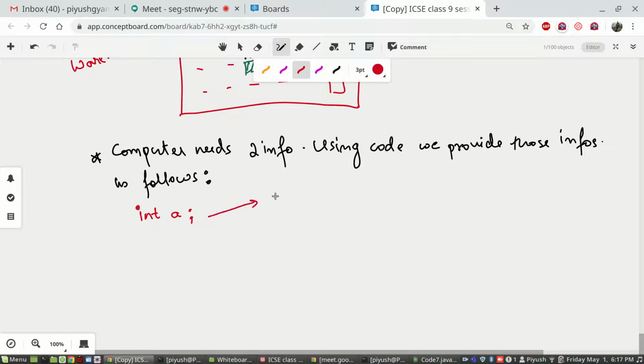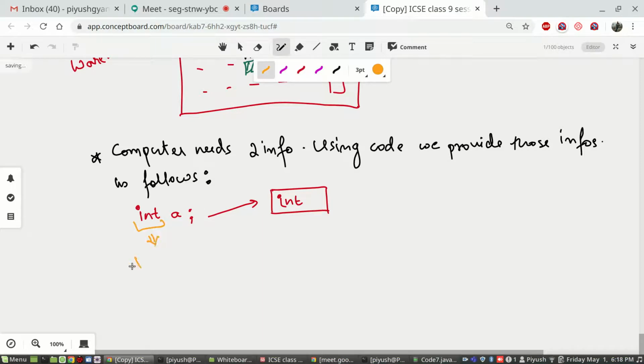So if you write this single line, computer will do two things for you. Computer will understand you are requesting for one of the boxes from its RAM, available box from its RAM. It will give you that box, will understand that you have promised that you will only be storing integer in it, and so you have provided the type here.